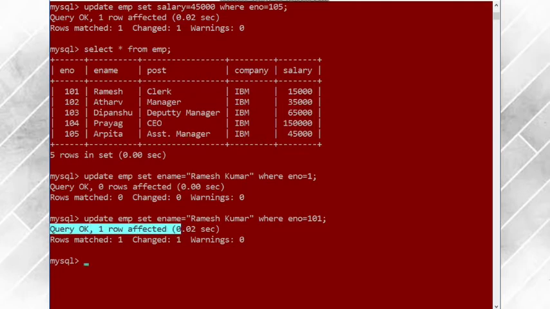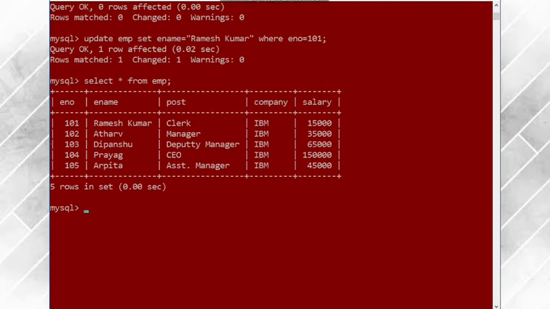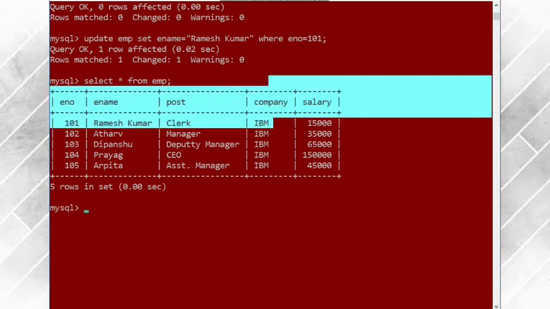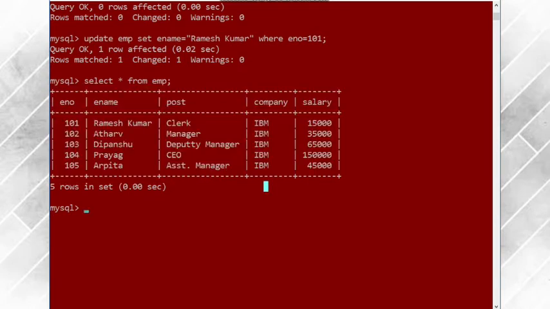Now when I run the command select asterisk from employee, you can see the name of Ramesh has changed to Ramesh Kumar. So this is how the alter and update commands work. Now suppose I want to drop a particular column, I want to delete this company column here. For deleting the company column, you just need to run the alter command again: alter table emp, and then the drop command, drop, and then the column name.